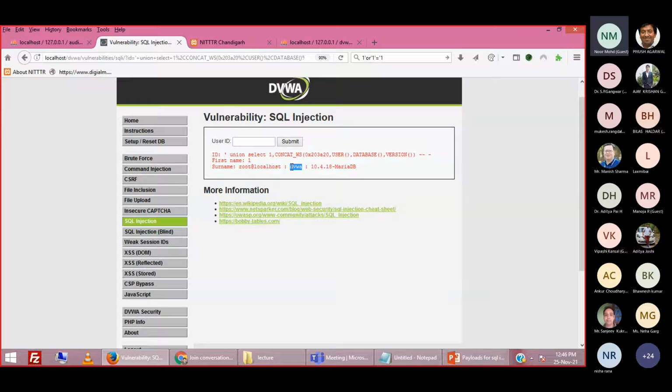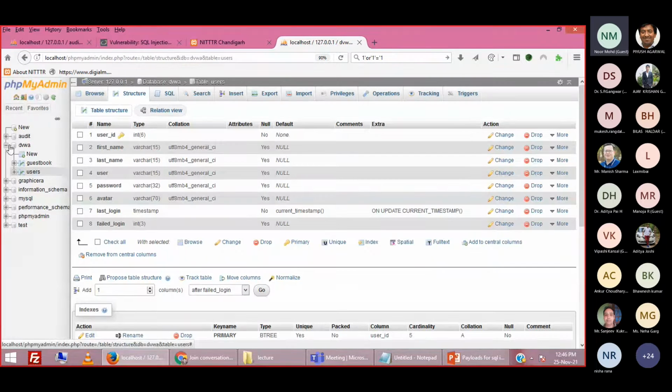A database server may have a lot of databases. Here you can see this is our localhost web server, and it has these many databases: audit, DVWA, Graphicera, MySQL, information schema. So all these databases are there in my database server.